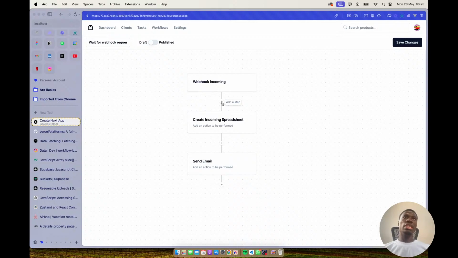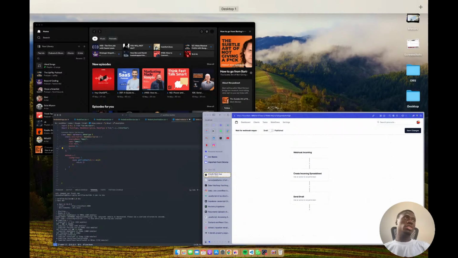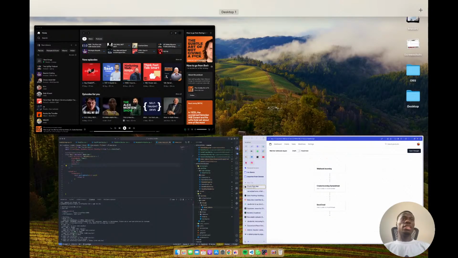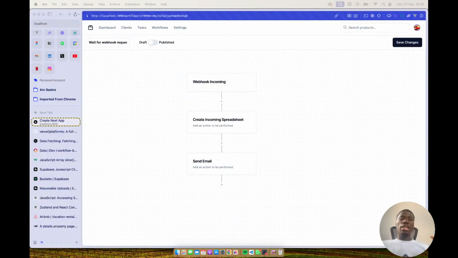And we have started saving the workflow entirely into the database. So the workflow is going straight to the database, which is awesome, and puts us at about 30%